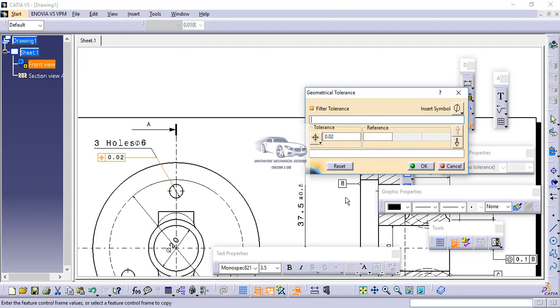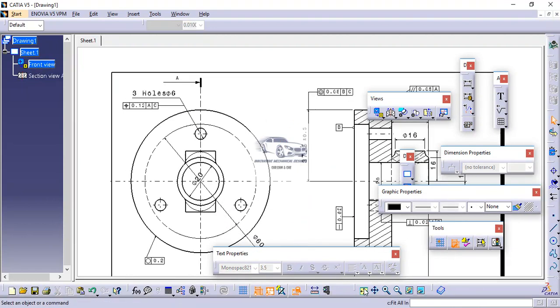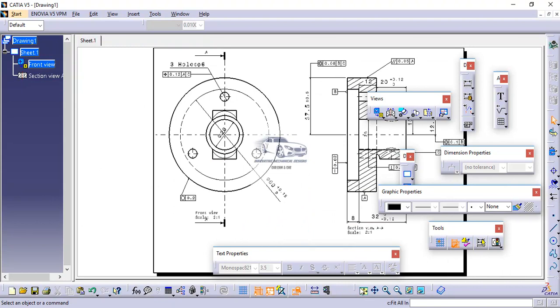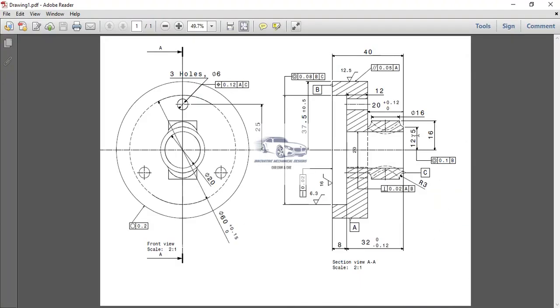Now here I will select the option of position, so here I will take 0.12 and then reference will be A and the second reference will be C and then OK. So in this manner we can work with the geometrical tolerances on a drawing.